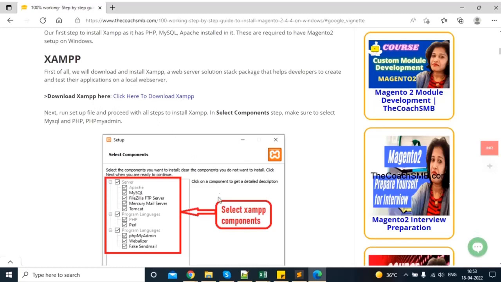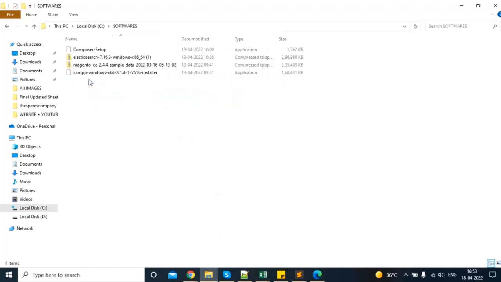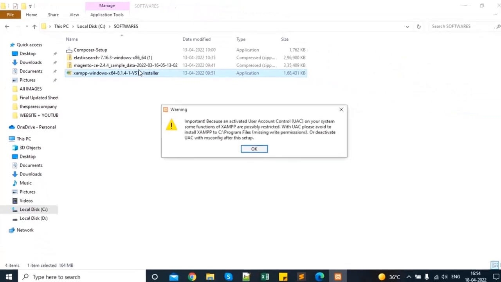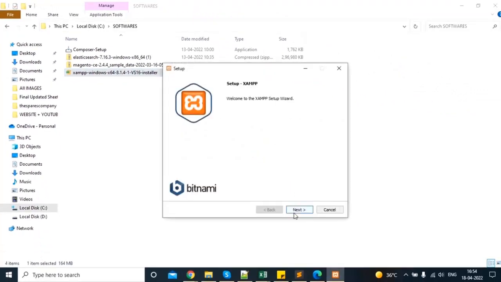Now let's install this. I have downloaded the Xampp and the Composer here on my setup. Let me install by double clicking on this Xampp application. Once you double click, you will see a screen like this. So click on OK. Click on next,